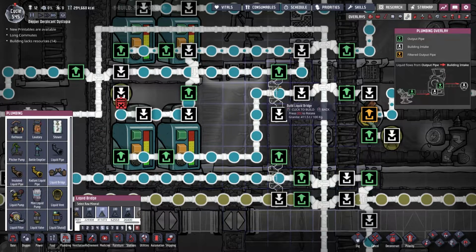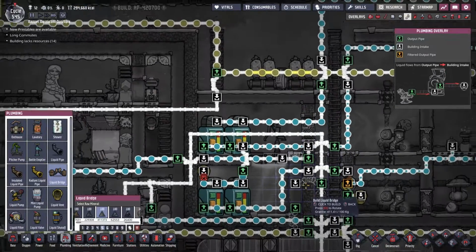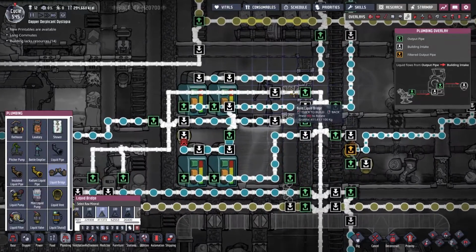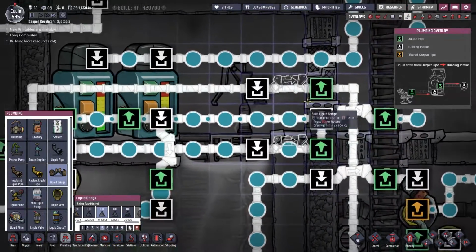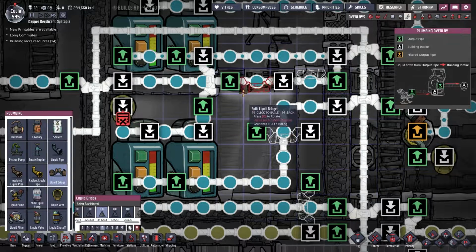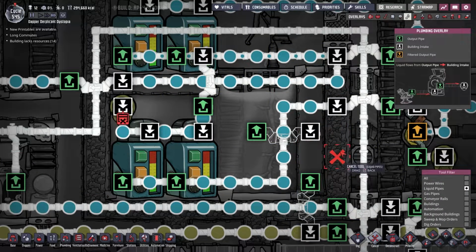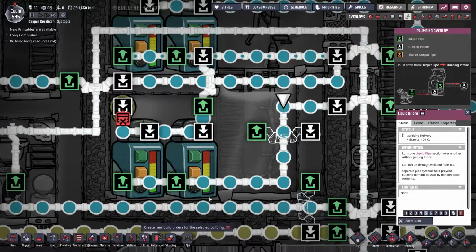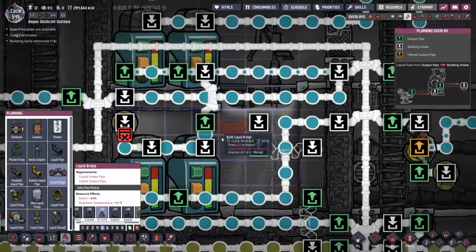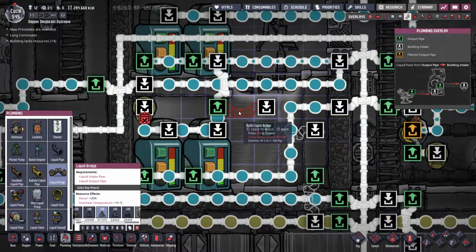Granite, yes, because I wanted to release. This is kind of all over the place, really. How about I bring it in here and then straight up there? That would actually be a bit easier. Now, it's not going to cool this water down, unfortunately. Not initially, anyway. But if I drop the temperature here,